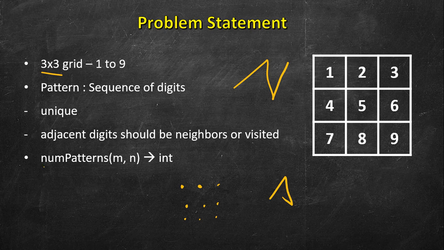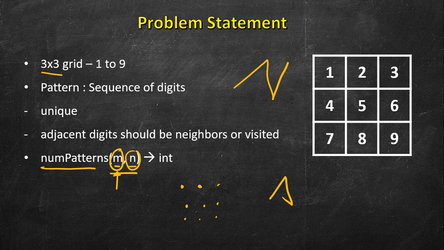So you have to define a function num patterns where we have two values m and n. m is the minimum length of the pattern, n is the maximum length. So you have to find all the patterns with the length of m, m plus 1, m plus 2, all the way up to n. Here we have a 3x3 grid, so we can represent them by numbers 1, 2, 3, 4, 5, 6, 7,